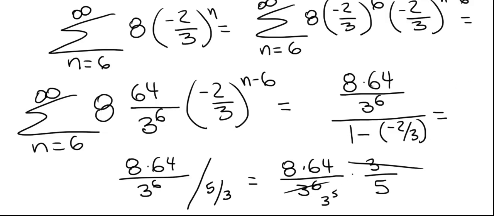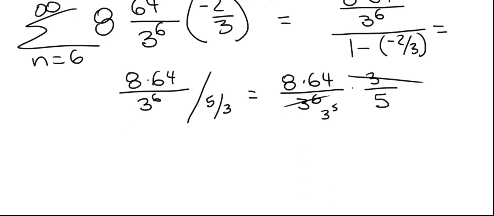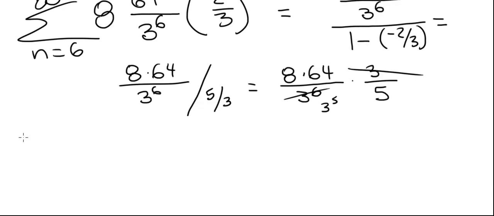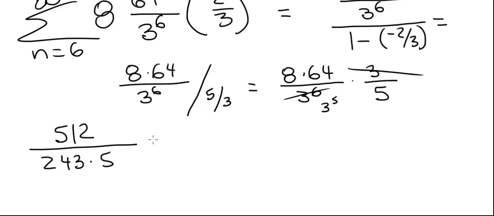And now we can simplify it. 8 times 64 is going to be 512, divided by 3 to the 5th, which is 243, times 5. So the final answer, this will converge to 512 divided by